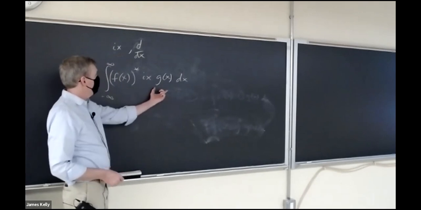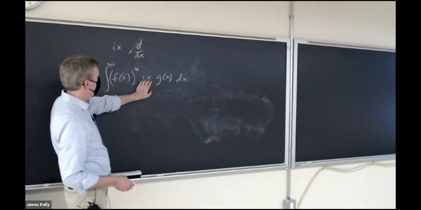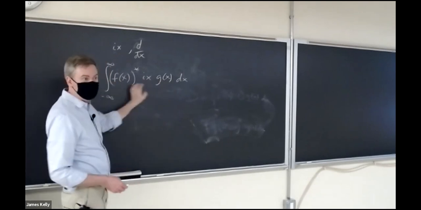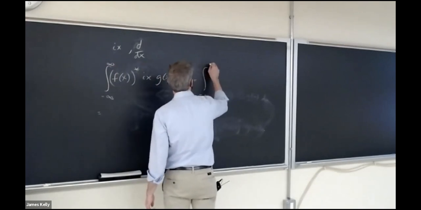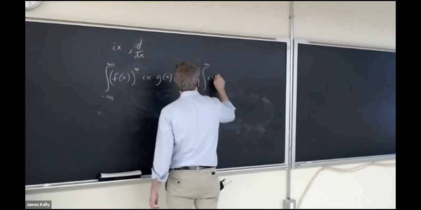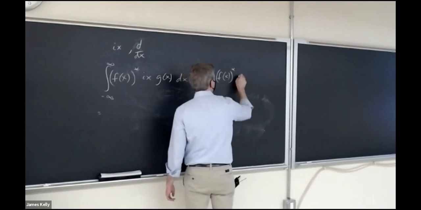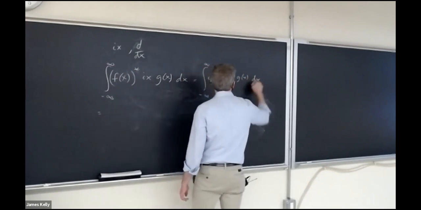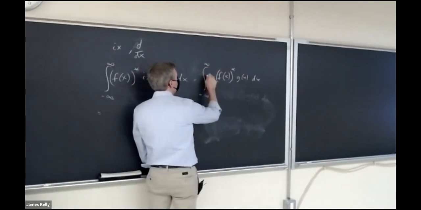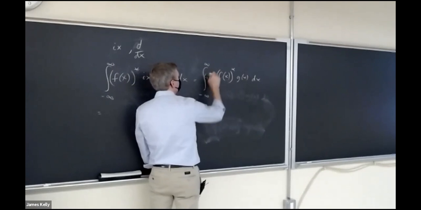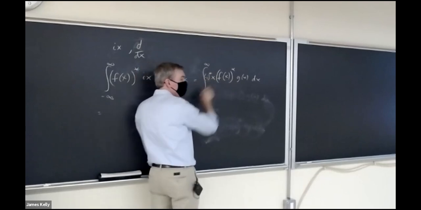Okay, just to make sure everybody's on the same page, let's continue on with this example. So I want to get this ix. It's not a differential operator, so I don't have to worry about moving it around under here. I can certainly move it over next to the f of x star, ix, f of x, which has a complex conjugate on it, g of x dx. Now I want to get it under the star. So isn't it true that I is the same thing as minus I star? Right? If I take the complex conjugate of minus I, I just get I, which is what I had before,